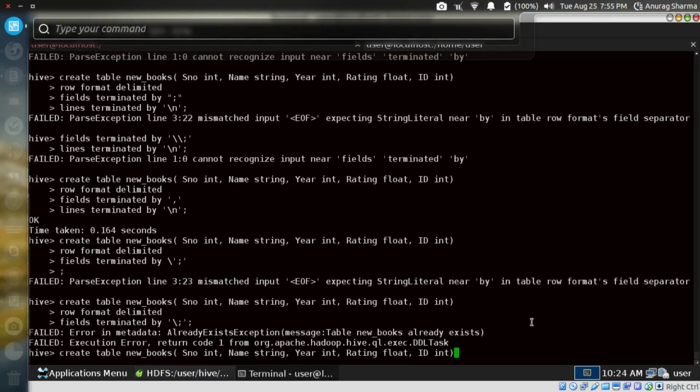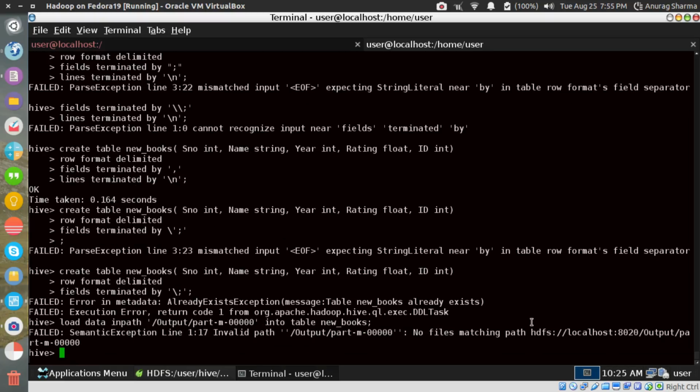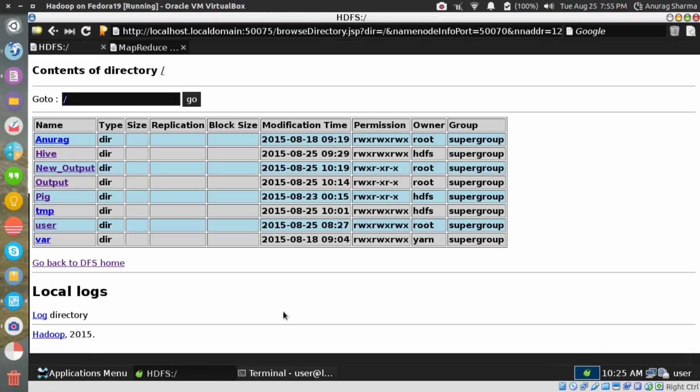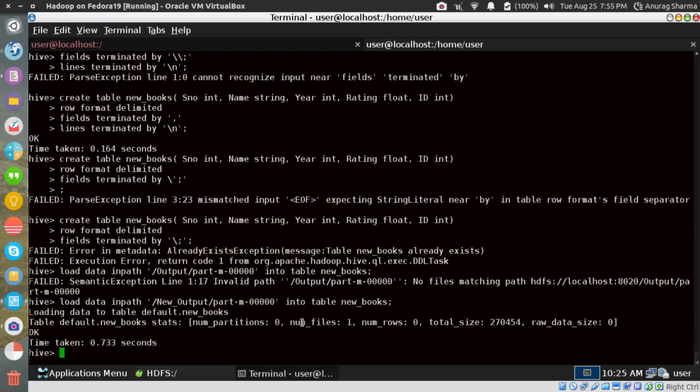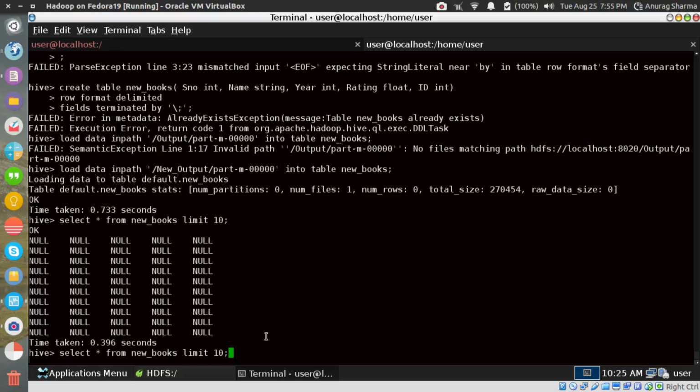Okay, so there is a table. Now let me try loading the data. No, it did not get created properly again.